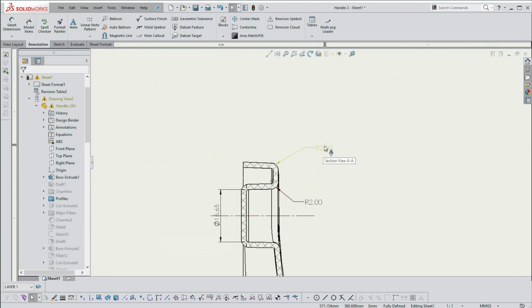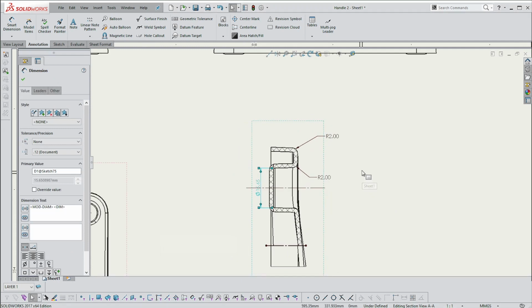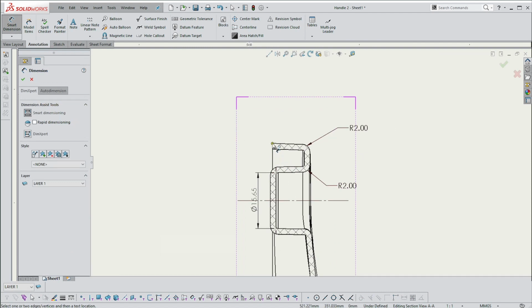Putting any more than one dimension in to indicate that fillet, or either of these two fillets, would be a matter of being, what's the word again? Redundant. Being redundant. Okay. The only other two dimensions you can do in this drawing, in this view, and should do,